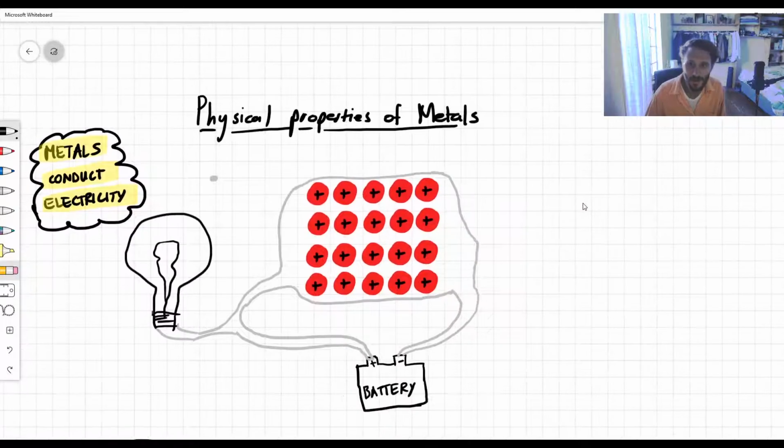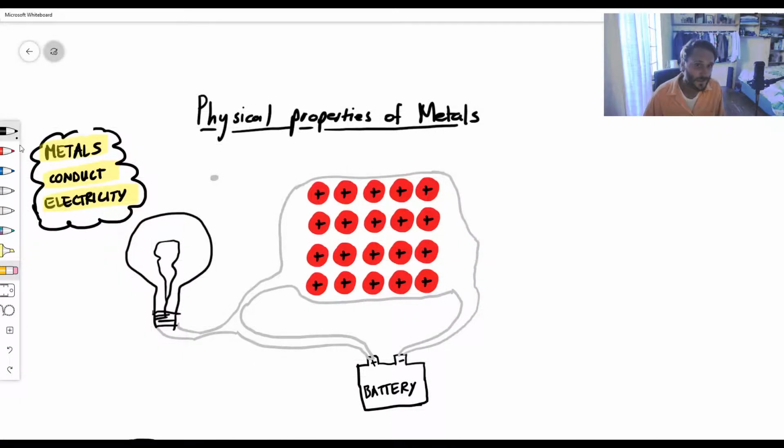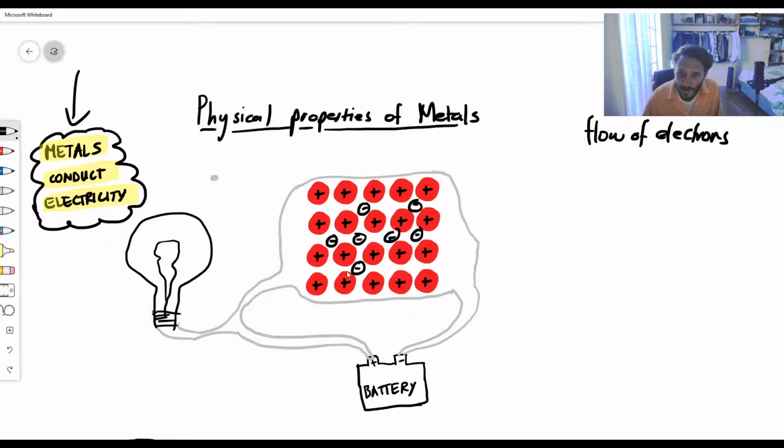So metals, as we know, they conduct electricity. Whoopsie, that's supposed to be an arrow. So they conduct electricity, and we know this. And what is electricity? Well, electricity is the flow of electrons, right? And what we know is we've got a sea of electrons. So if I just drew the sea of electrons in this sort of wire over here. Okay, so this wire, I mean, generally electrical wire is made of copper, which is a metal, and remember,